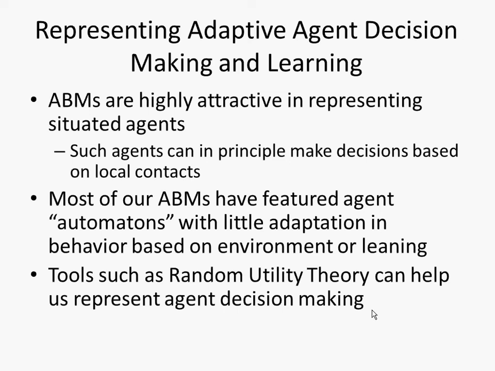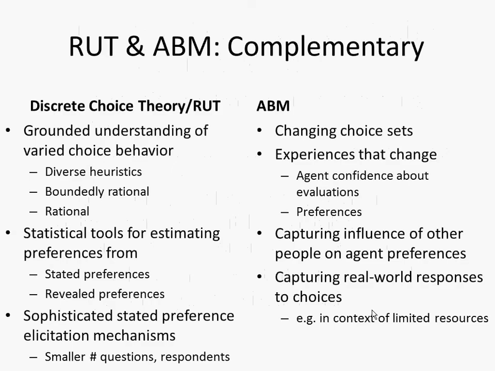So, for example, discrete choice theory provides some grounded understanding of how people choose, whether it's through heuristics in some sort of rational, boundedly rational way. And some of the choice theories actually represent several stages of decision-making. They provide statistical tools for estimating preferences, based on people's survey responses, based on observed behavior, so-called revealed